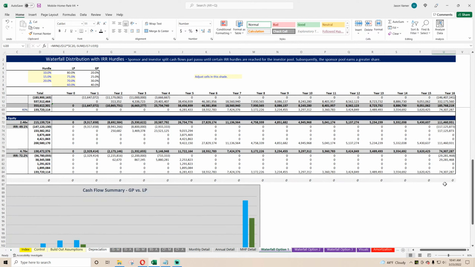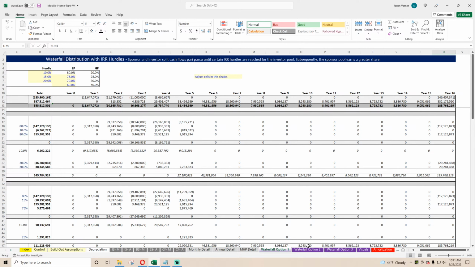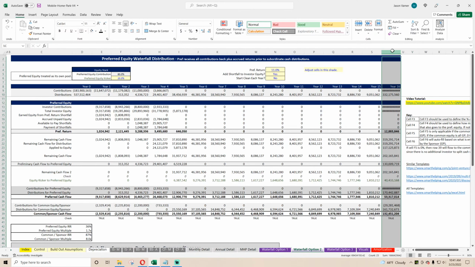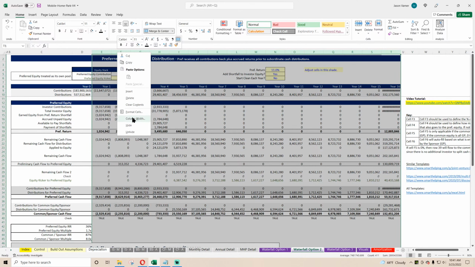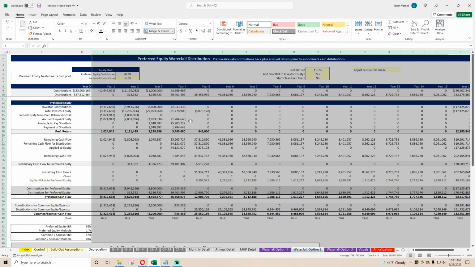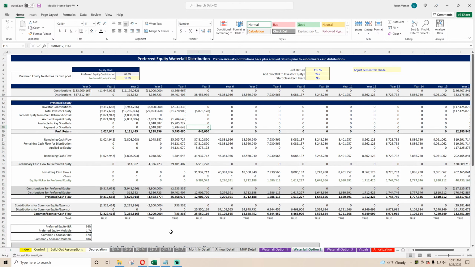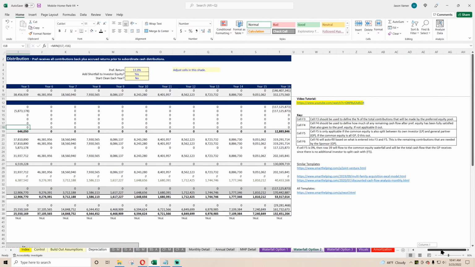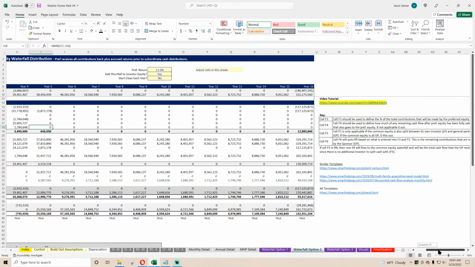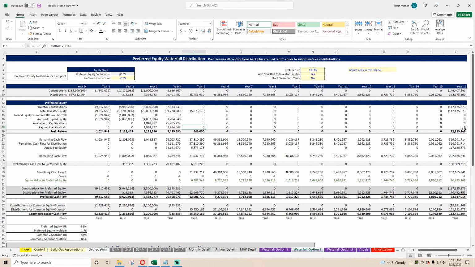We don't really want that to affect the percentage of distribution. We don't want it to go back up to tier 1. So in this waterfall, we'd have to adjust. Let's see what this waterfall would, because these are all essentially different. So you can use these different types of waterfalls. This is a hard preferred equity. So this wouldn't matter. It would be fine here because it's just saying,